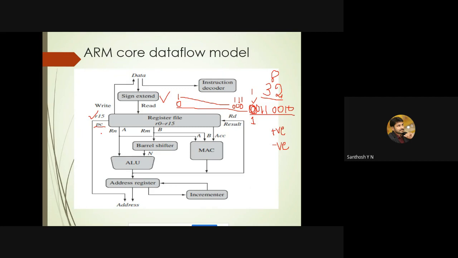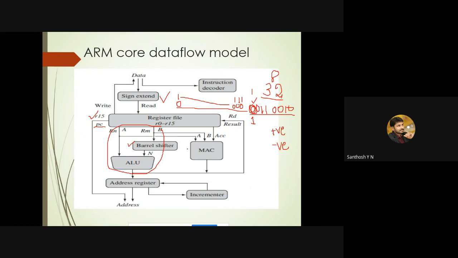And you all know about the barrel shifter. This particular concept I have already explained. Whatever operands are moving into the arithmetic and logical unit, the first operand will be directly moved into the ALU, and the second operand will move into the ALU through the barrel shifter. If there are any shifting operations to be done, that work will be carried out by the barrel shifter. If there are no shifting operations, then the barrel shifter will be idle. I mean the B operand will bypass the barrel shifter and go directly into the ALU for its arithmetic and logical operations.